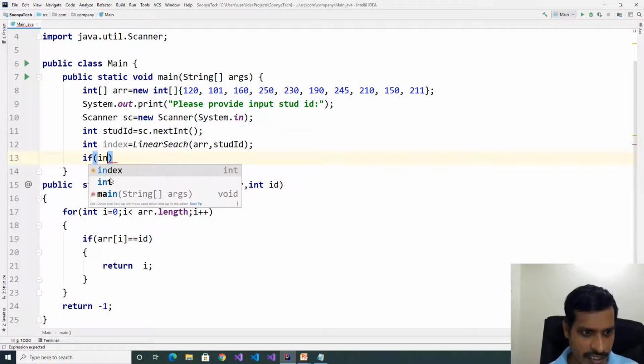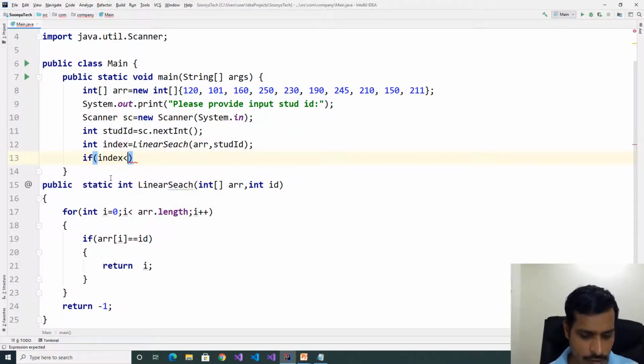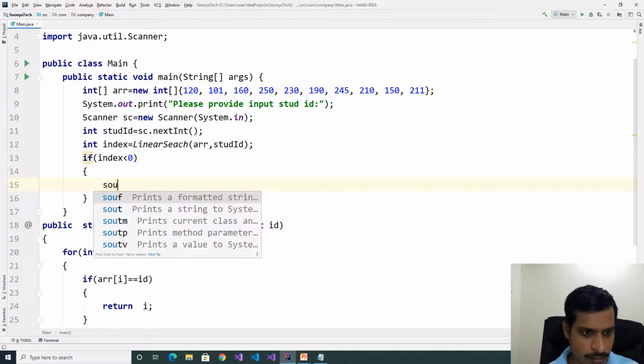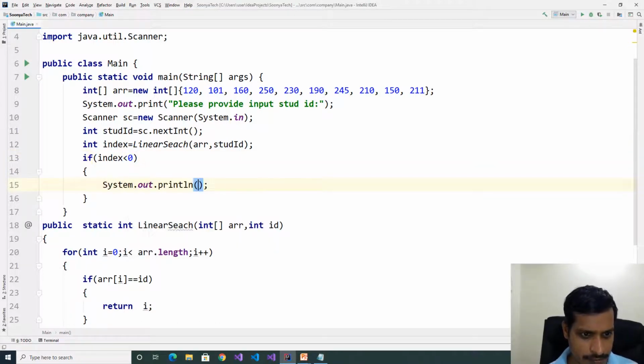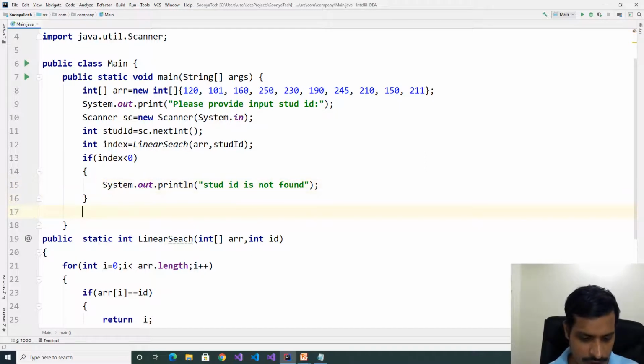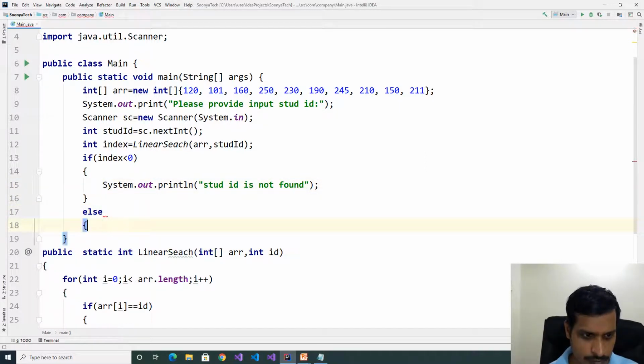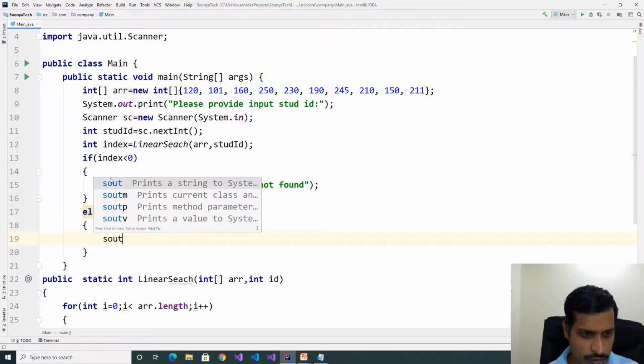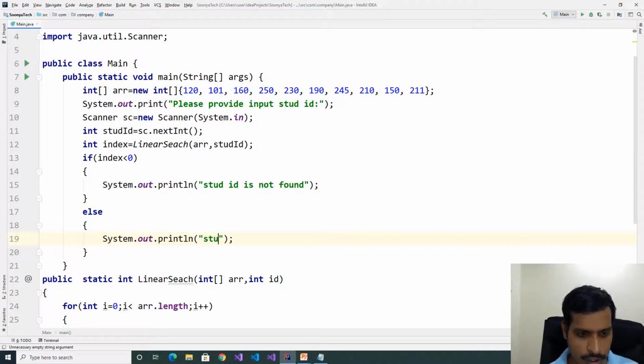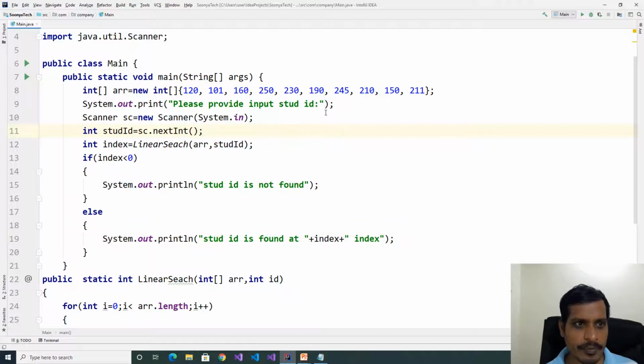If index less than 0, System.out.println student ID is not found, else sysout student ID is found at index, plus index.